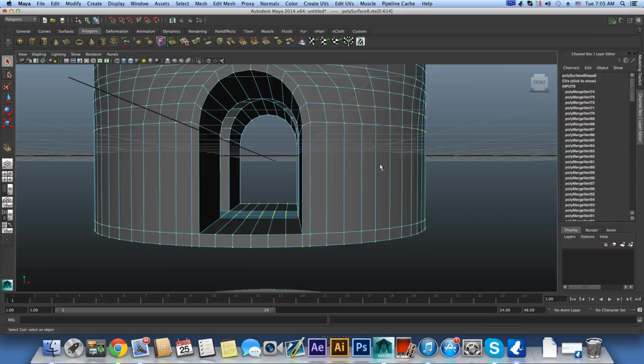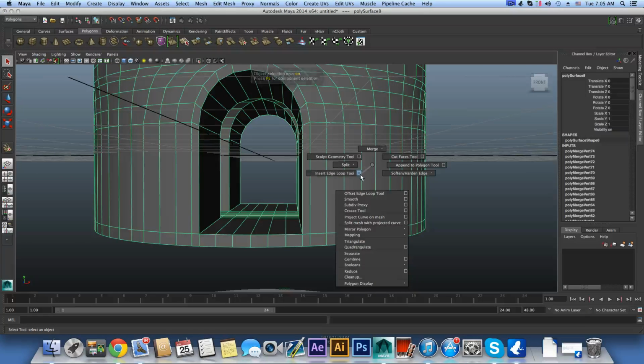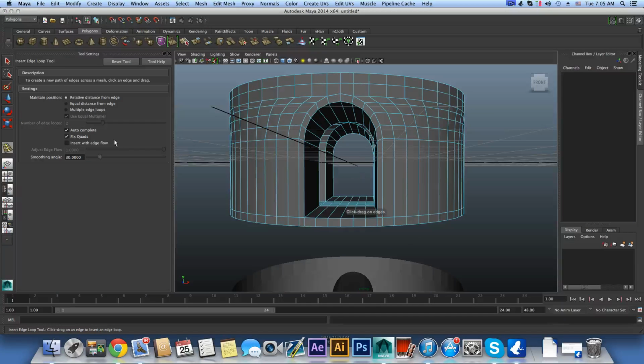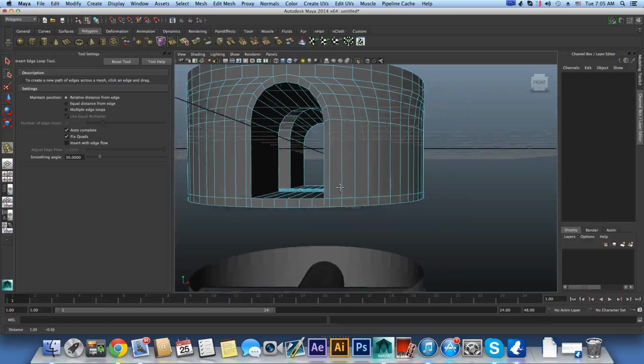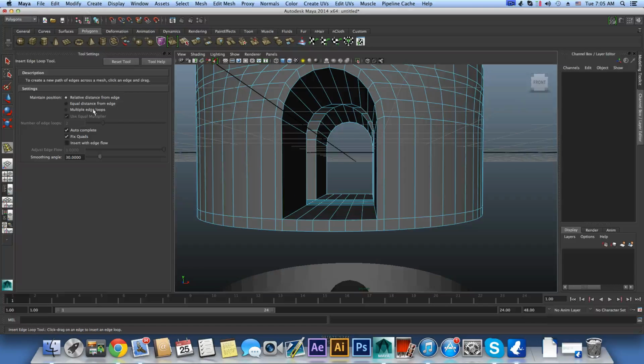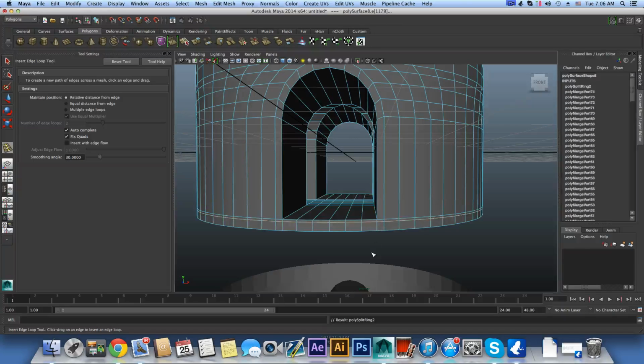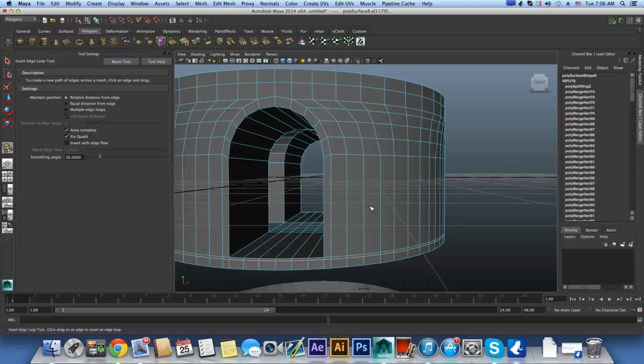The next thing we want to do is hold down Shift, right click, and choose Insert Edge Loop Options. This is the options for the Insert Edge Loop tool, and I want you to reset this tool and make sure it's still open. We need it open here. So let's add another line here, and